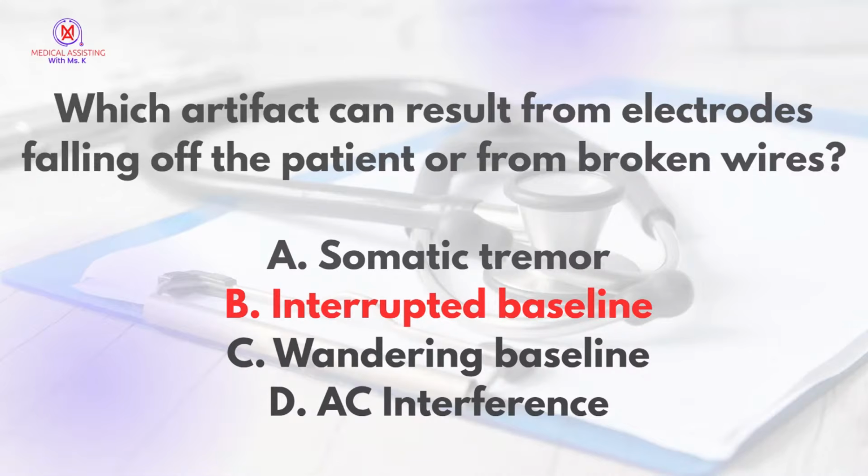And this is why I work in cardiology. I usually ask patients, do you have on lotion? And I just clean them with alcohol before I wipe them. We also have EKG prep. They're like little alcohol pads, but it's EKG prep that we can use to prepare the skin as well, because that can cause a wandering baseline. And AC interference is usually from something in the area. Could be a phone, could be something electrical in the area.